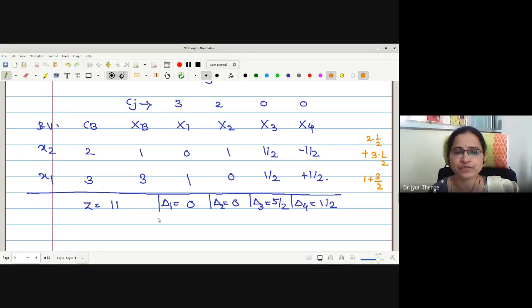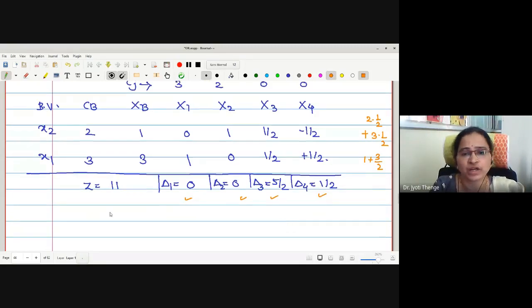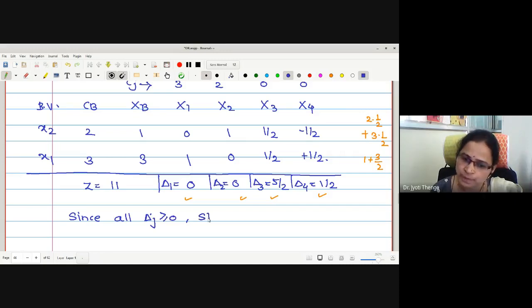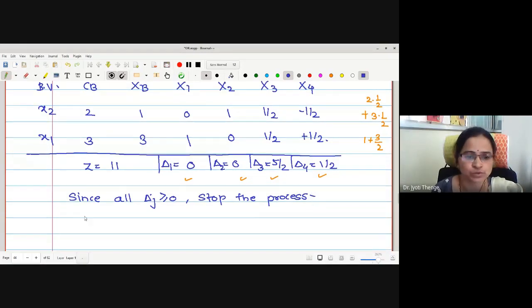Okay. Therefore, here if you observe, all the net evaluations are non-negative. Therefore, according to the simplex algorithm, we have to stop the process here, and whatever is the solution will be the optimal solution. Here I will write, since all delta J are non-negative, stop the process. And what will be the optimal solution? Thus, the optimal solution is